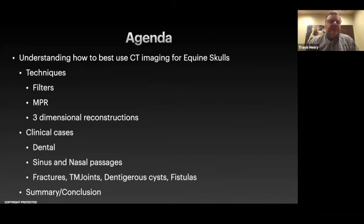we're going to run over just a few things that I think we need to get a groundwork on. How does CT really help you in some of the different things that you can do with CT over, say, plain radiography. And that comes into the techniques that we can use, the filters, the multiplanar reconstructions, and the three-dimensional reconstructions that we can do. Then we're going to dive into some clinical cases that are related to dental disease and also sinus and nasal